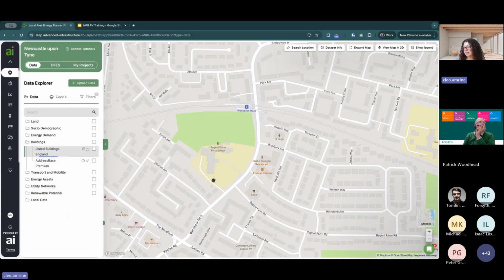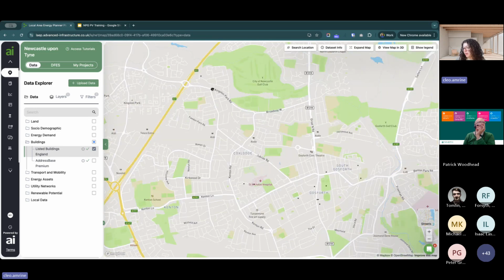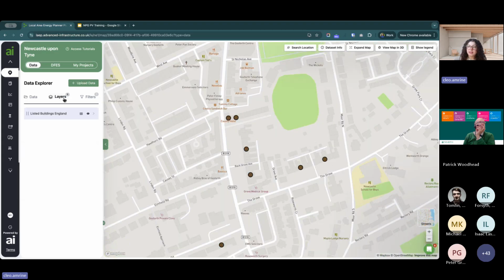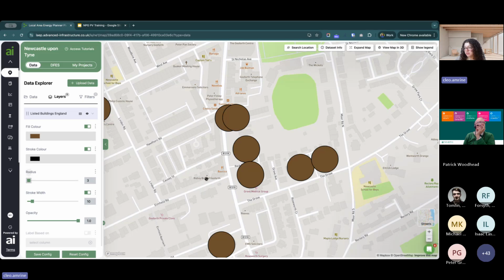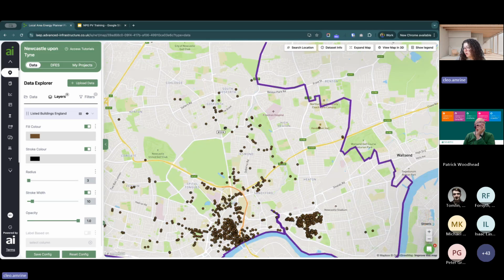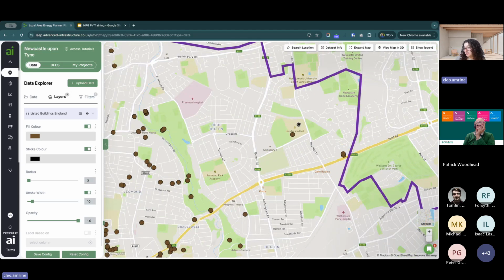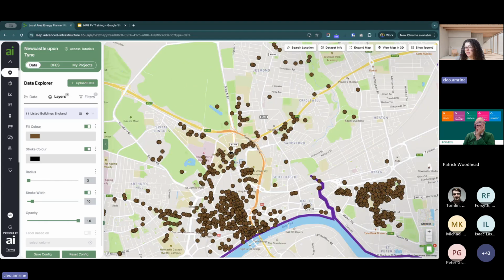If I just download that dataset to the map, it'll appear as brown dots like this on the map. And if you want to make those a bit bigger, you can go into the layers tab here, click on the dataset, and then you can just increase the radius of those so they're a bit easier to spot. And you can see there are some cases where they do fall onto a school, and those are schools that we might want to avoid. You can see some university buildings here listed, and there's quite a big cluster in certain areas.